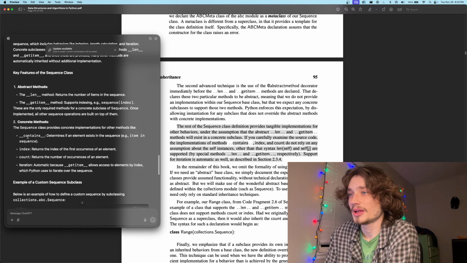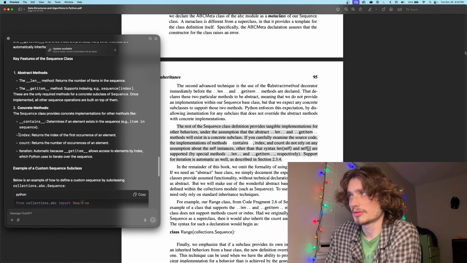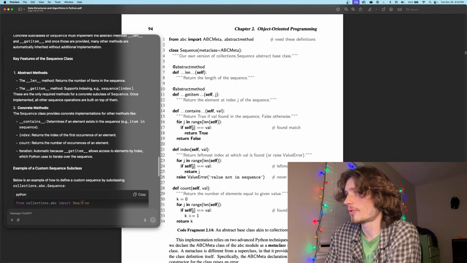Alright, where were we? So the sequence class provides concrete implementations for the other methods, right? These don't have the decorator. So the dunder contains determines if the element exists in the sequence. So contains, for j in the range of the length of self. So take the length and then range. So for item in 0 to the length of the sequence,